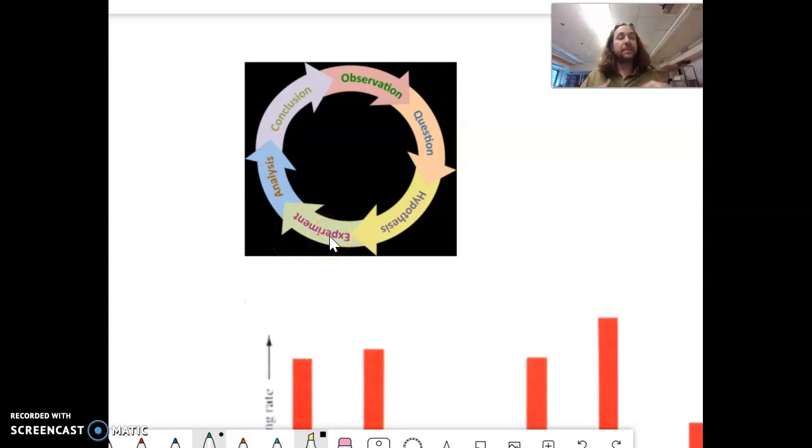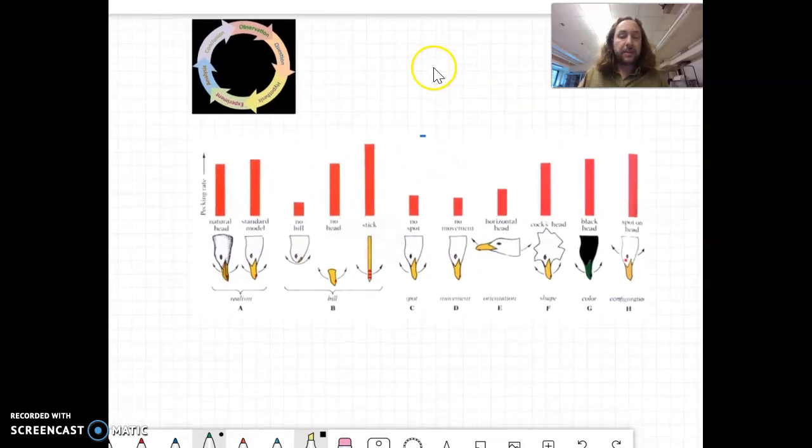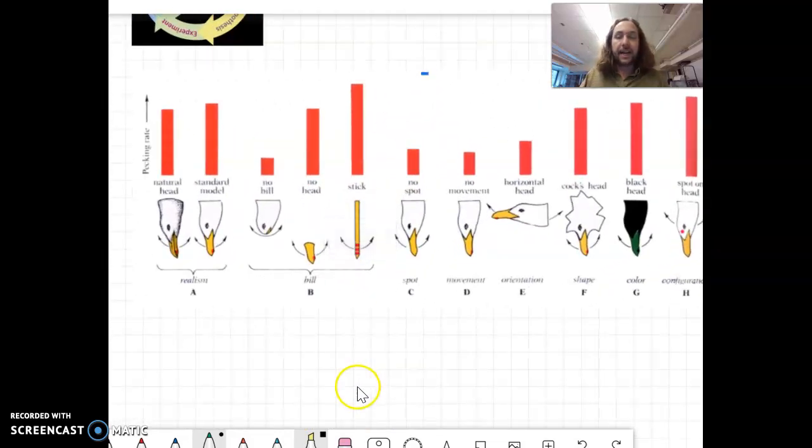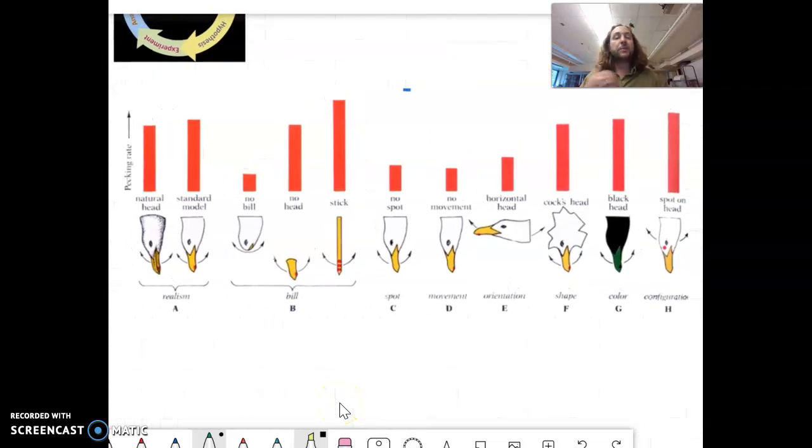And then that's going to lead us into your own data collection of an experiment that you'll watch as part of a video about minnows. So we're going to look at some data, not about minnows, but about seagulls. And we looked at this data last week a little bit, but I want to help explain exactly what's going on in the data so that you can use it to analyze the information a little bit and maybe draw some conclusions. So in this experiment,